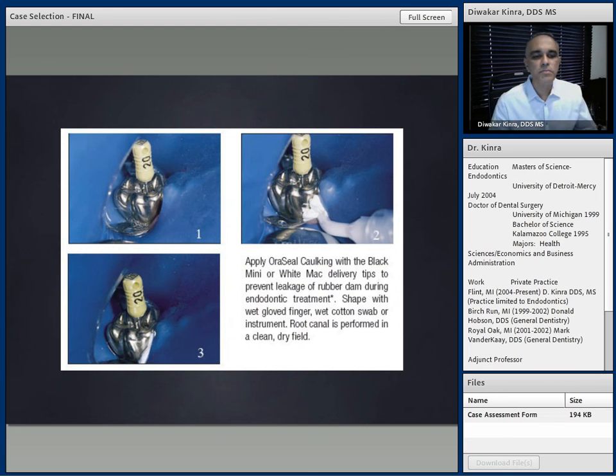Again, you may have to do some modifications. And this is something that I will do if I do have some leakage. As you see, the rubber dam material is blue here, and we have some leakage right here. I will place this material right here, or a seal caulking material, and this will help. It's like a putty that you place right along this leakage here, and you can form it with your fingers,